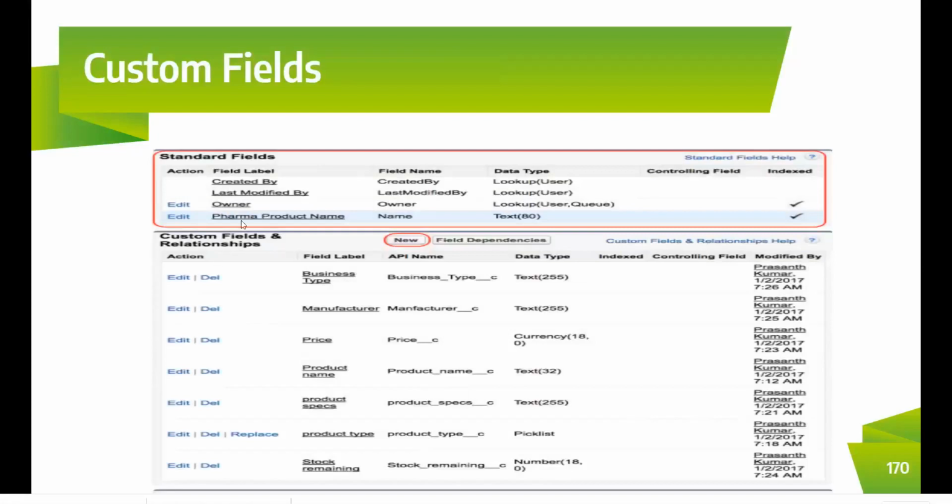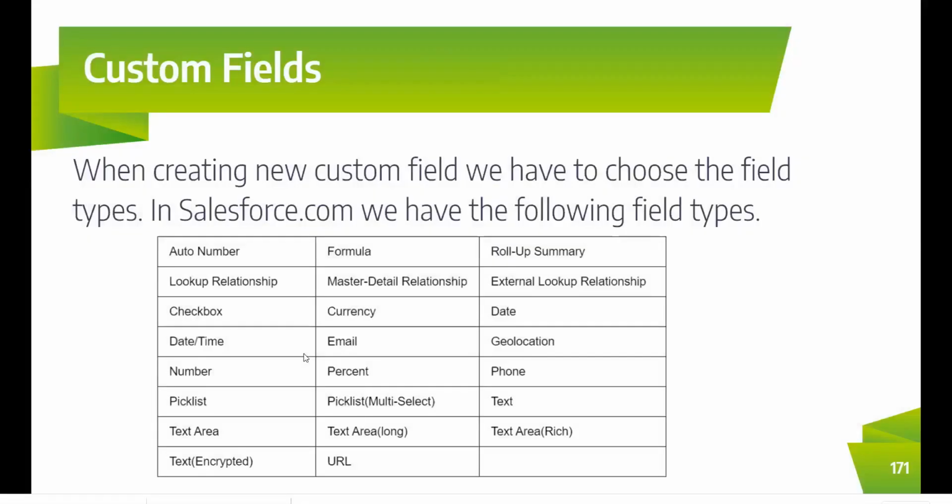So now let me show how to create a custom field. In this demo session, I'm going to use a customer object. Already the customer object has been created. So in the customer object, I'm going to add some fields here. Got it? I'm going to add some of the fields here. So now create a custom field.